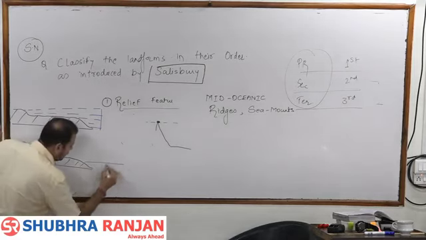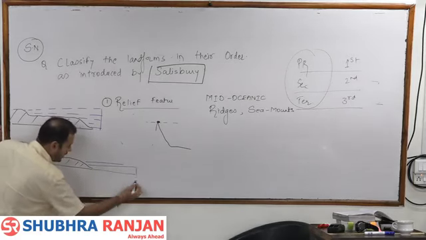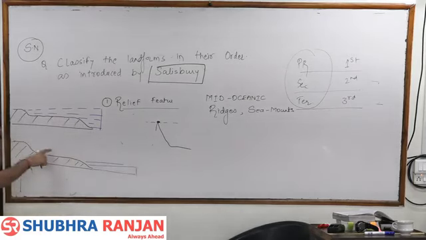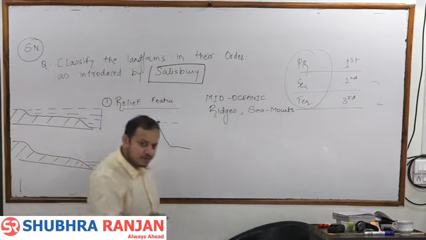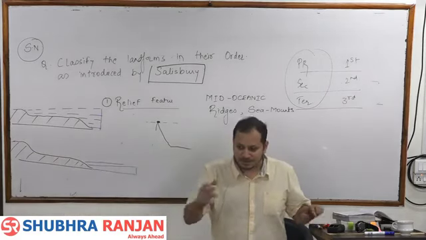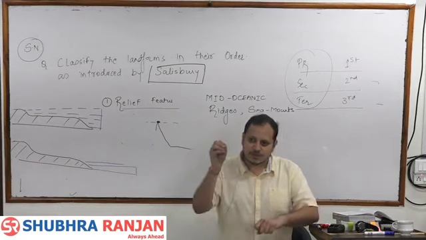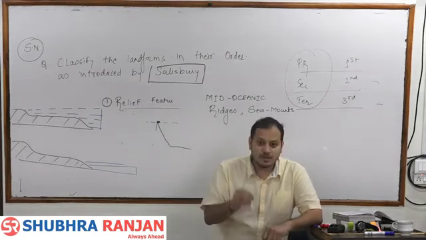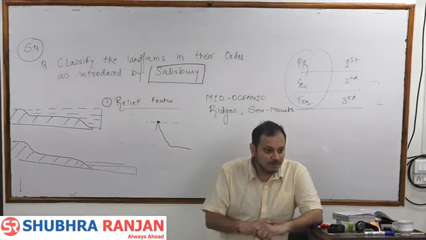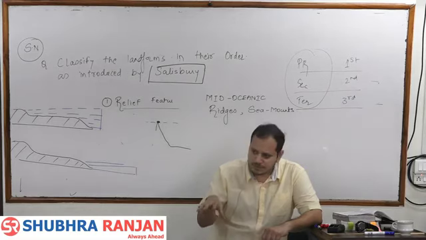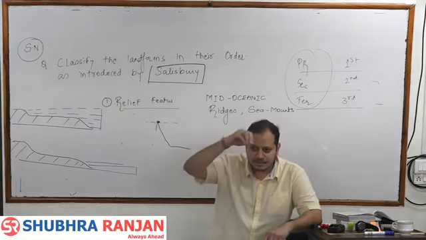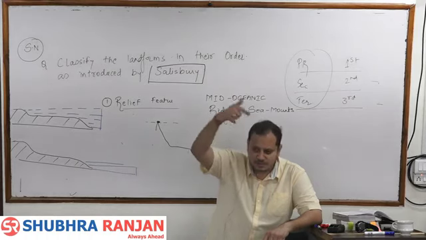And when the sea level is going to fall down, aisa agar sea level niche chala gaya, then is this the plain now? So plain is caused due to submergence. It was submerged earlier. Now there is a fall in the sea level and we'll call this as immersed plain. Fine. So emergence is an example of endogenetic or exogenetic force. देखो अपने चार्ट में, it is an endogenetic force. So some of the plains are formed due to endogenetic also. We don't have any example in India of a plain which has formed due to endogenetic, due to emergence. Most of the plains are formed due to rivers depositing delta sediments and sediments over the period of time. That is due to exogenetic agents.